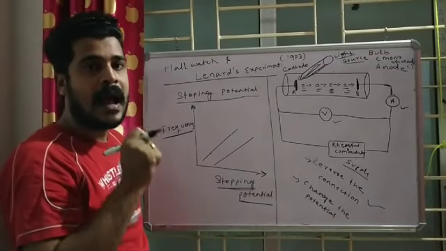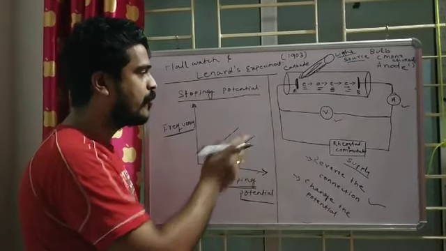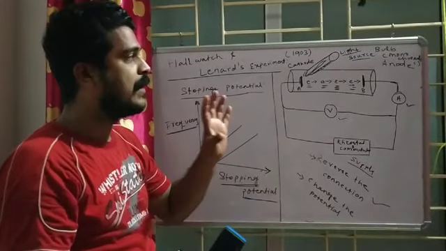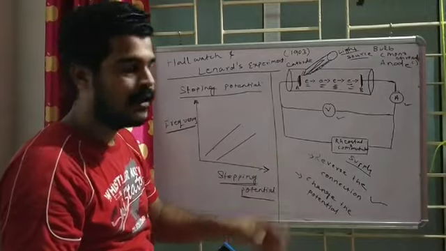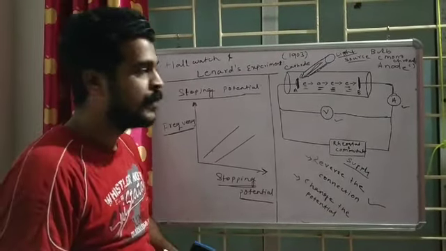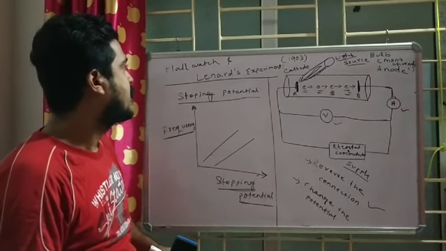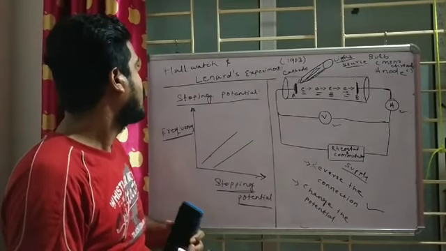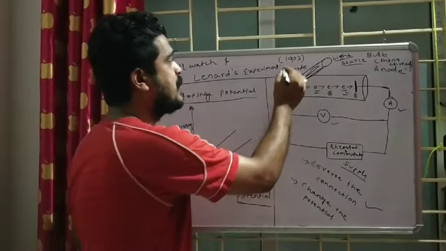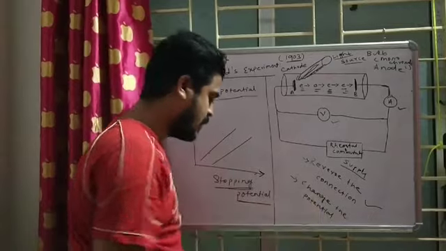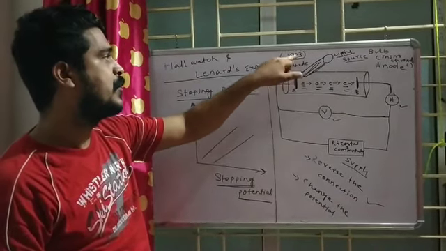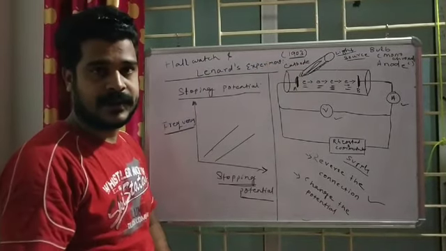You need a high value of stopping potential, and you have to draw the two graphs. So basically, in this experiment, you have to draw the diagram, write some lines as theory, then the conclusion, and for the conclusion, two graphs you have to draw. They will often ask, describe Hallwachs-Lenard's experiment of the photoelectric effect. And the most important thing, don't forget, they conducted the experiment in 1903.